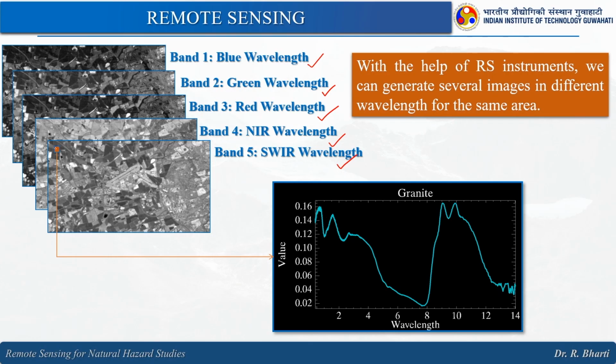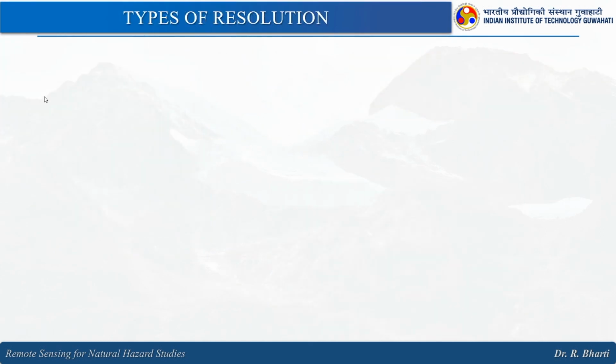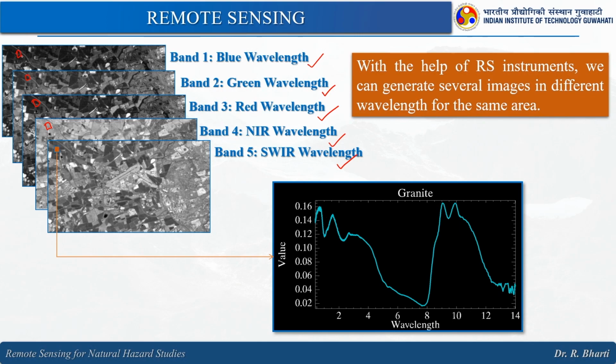So, if we consider this pixel, it is basically here, here, here. So, if we consider this particular setting, then we will have 1, 2, 3, 4, 5 values for that particular